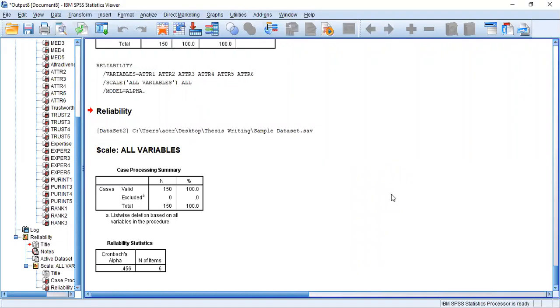Now you can see the Cronbach's alpha value is less than 0.7. I told you in the second presentation that item number 6 is not in a standard way, so we need to remove that. Likewise, if your Cronbach's alpha value is low, you can go through the correlation matrix analysis again.